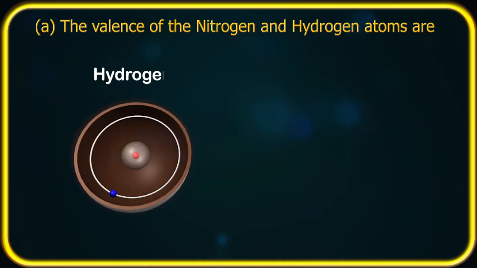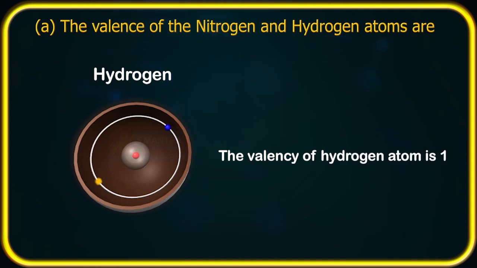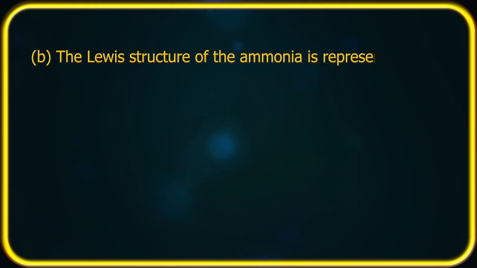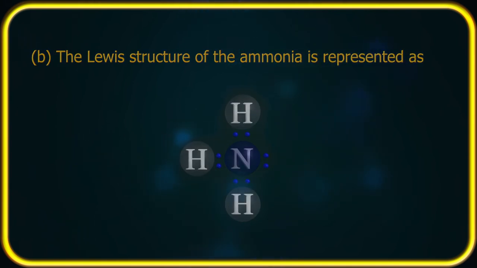In the outermost shell of hydrogen, there is 1 electron. To get octet electronic configuration, it requires 1 electron. So, the valency of hydrogen is 1. B. Lewis structure of ammonia is represented as: